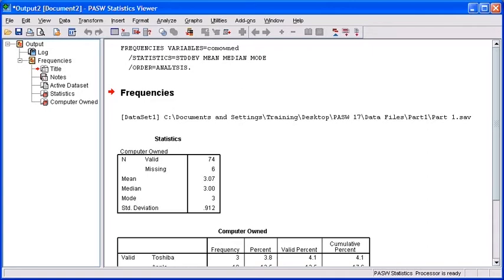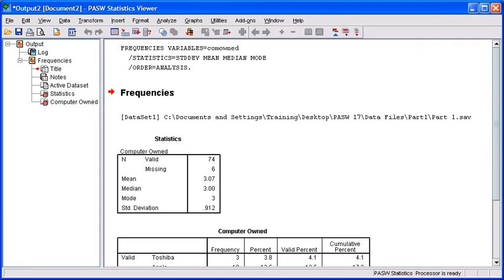After you've run your analysis, a separate window is going to display your results from the test that you've just completed. It's going to be arranged into two different frames. On the left-hand frame is going to be an outline of the different proceedings that you have completed. Then on the right-hand frame is going to be your actual results listed in tables and charts. The thing that you have to